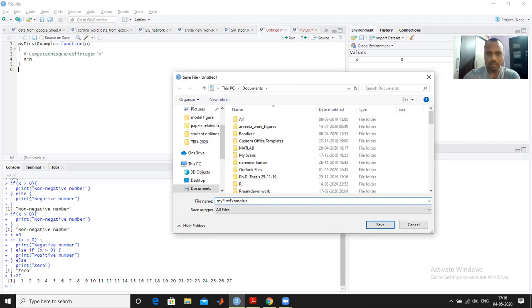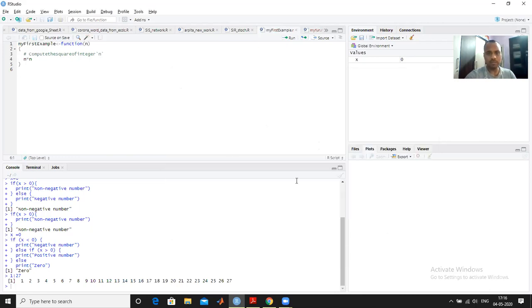Dot r is for an R file, so I save this file. Now it is saved as my first example. So suppose I run this code.